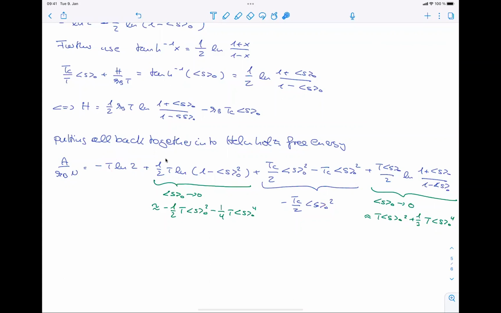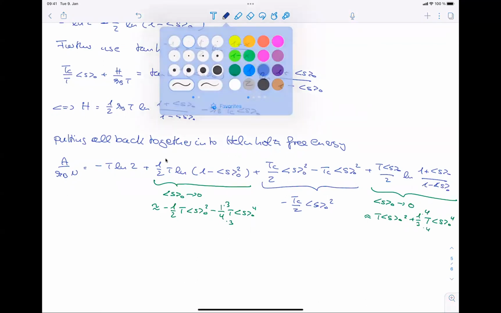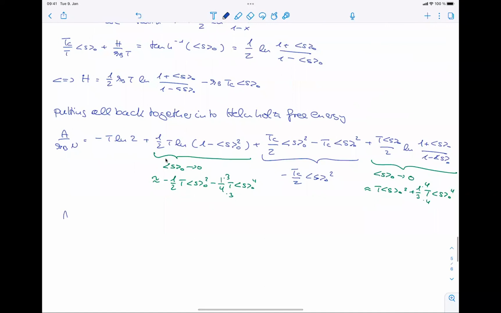We have quadratic terms, and we have the quartic terms. The quartic terms I'll expand to put them together so that we find